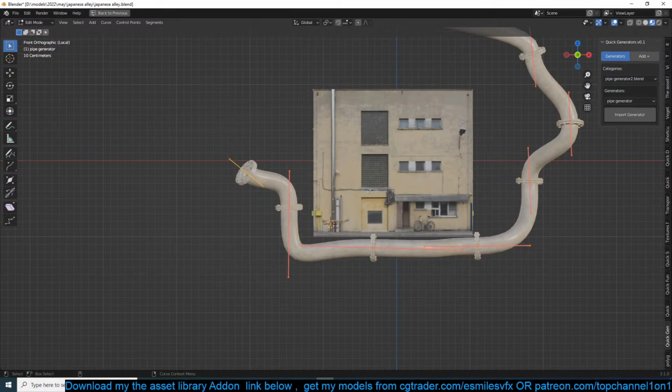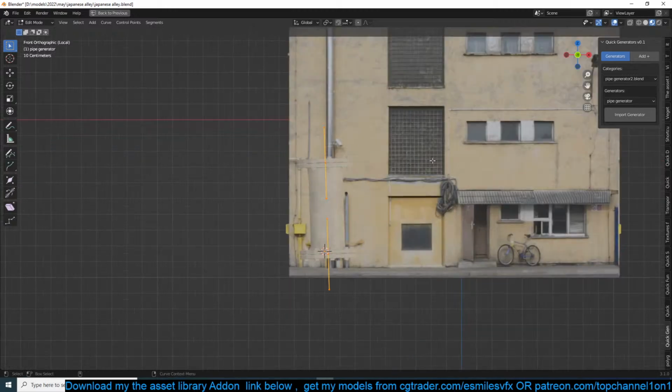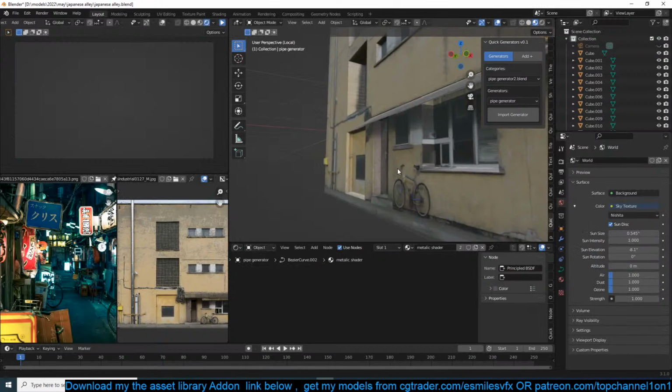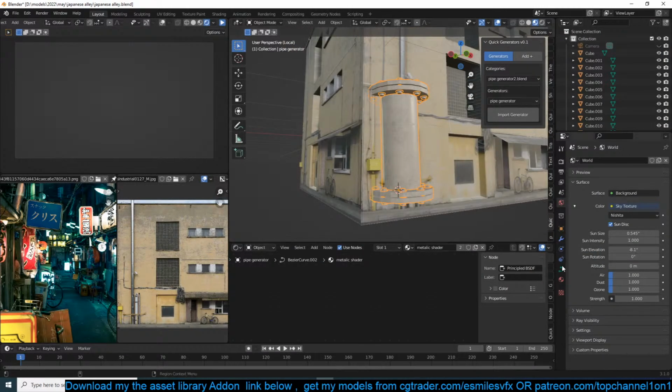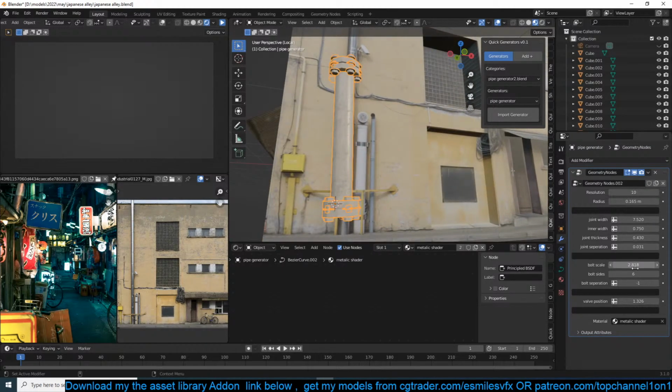The way it works is it uses curves to generate these pipes, so I can draw pipes all day. Let me reduce the resolution, the overall radius, and the scale of the bolts.